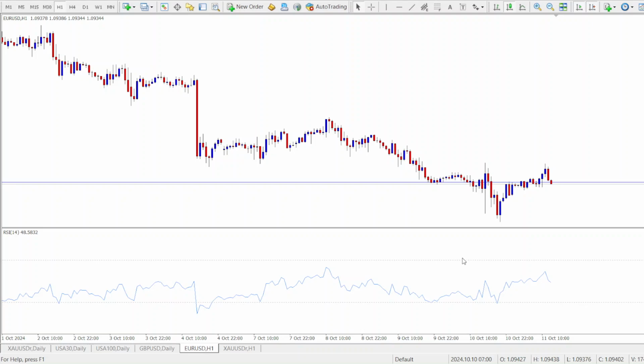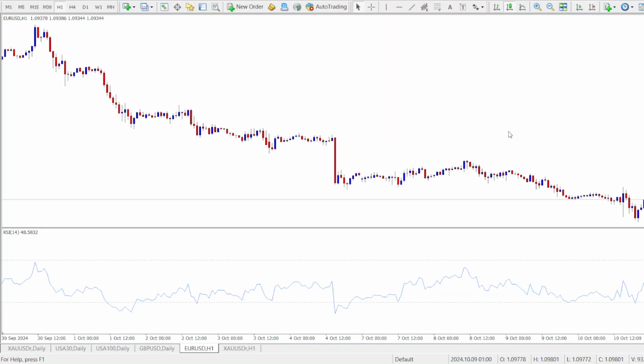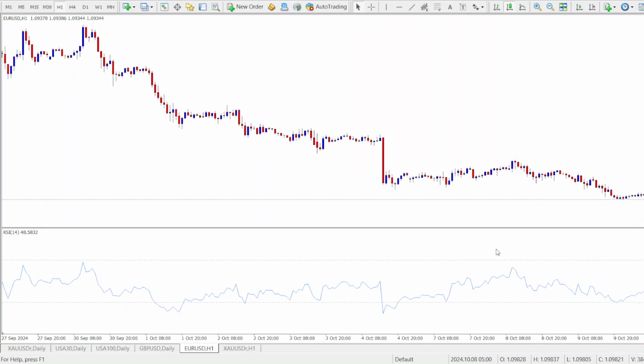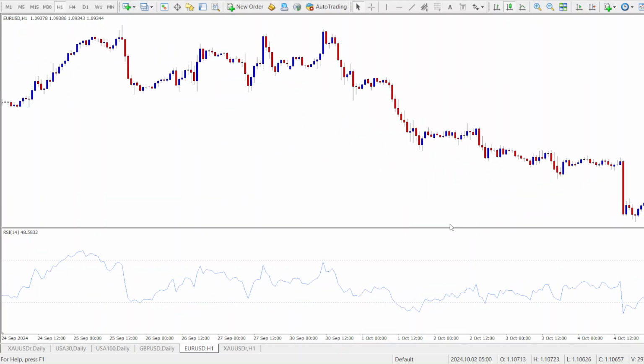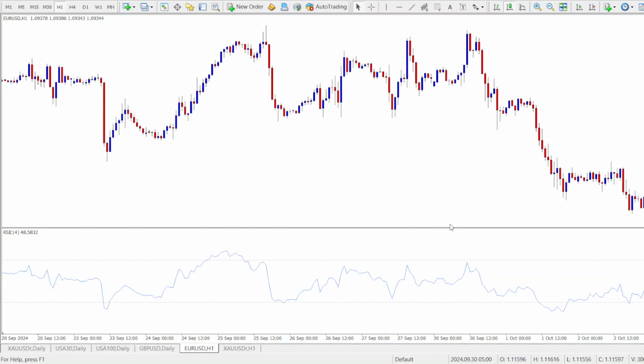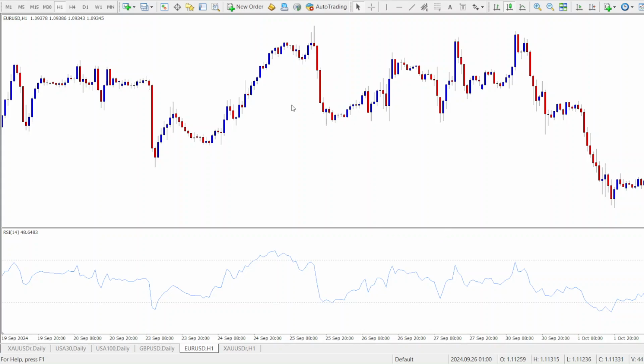Okay, now how do you spot a trend using the RSI? We can use RSI to identify potential reversal points. If the RSI is above 70, it might signal a sell opportunity as the market could be overbought. Conversely, if it's below 30, it might signal a buy opportunity as the market could be oversold. So like we can see now, when it is above the 70 level, it signals a sell opportunity, saying that the market is overbought. As you can see, when the RSI gave the overbought signal, shortly afterwards, the price dropped,